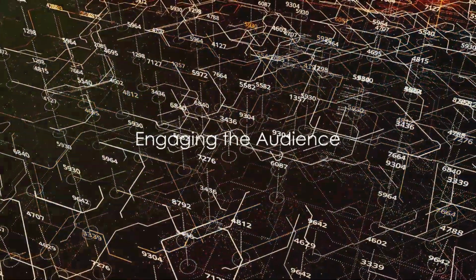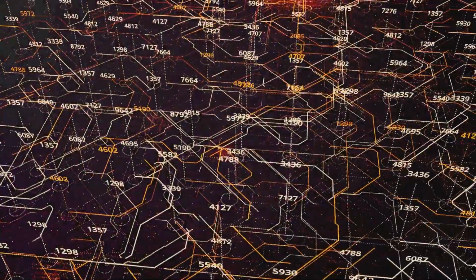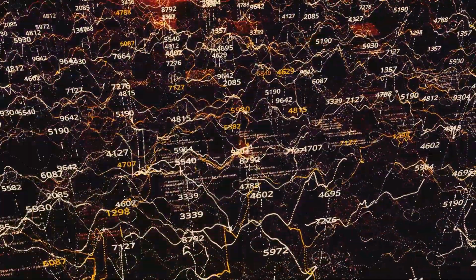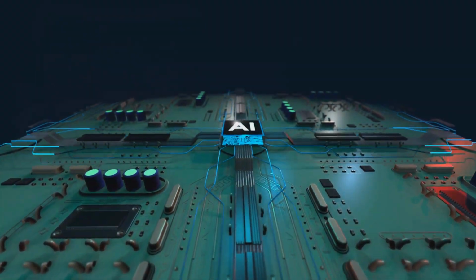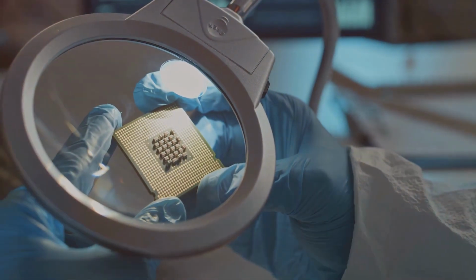The potential of quantum computing is vast and exciting. Picture this: a world where complex problems are solved in microseconds, where impenetrable cryptographic codes are deciphered effortlessly, where simulations are so accurate they can predict the weather years in advance. This is not sci-fi, but the promise of quantum computing.